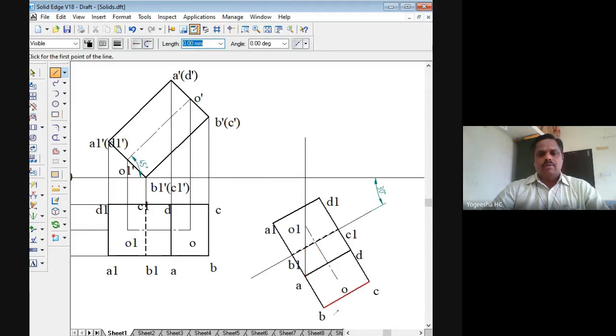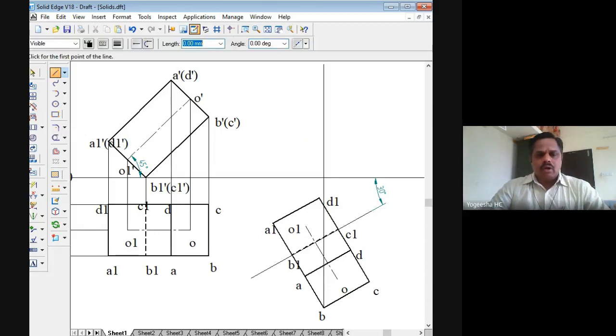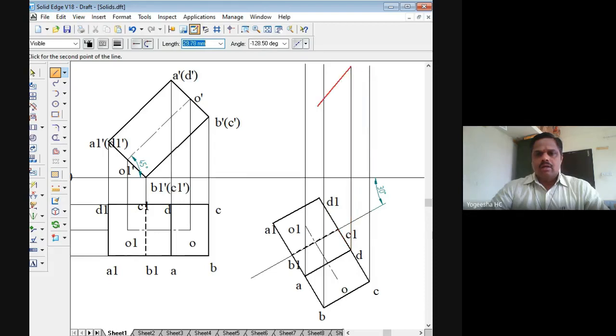From A, then from B. B is here only, no? Yeah, sorry, we have to move upwards, right? This line also, we have to move upwards. So we will draw the vertical projectors from A, B, C, D, etc. like this. A, B, then C, then D, right? Then A1 here, then B1 is up to XY line only, then C1 is here up to XY line only, then D1 I can mark it up to say same height like this.